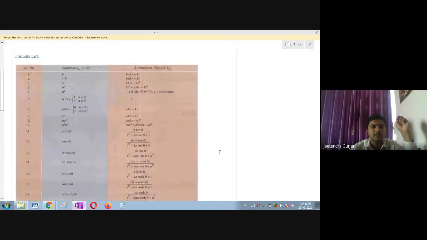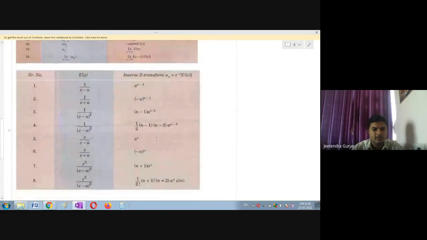Here is a list of formulas we already studied in the Z transform. In the previous lecture I have already given all these formulas, students. So please note down these Z transform formulas again, very important, students. This column gives you the Z transform of the right side, and if you convert whatever is on the right side using the inverse Z transform, you are going to get the left side, students. So please note down these formulas. Already you have noted them down, so just practice them.